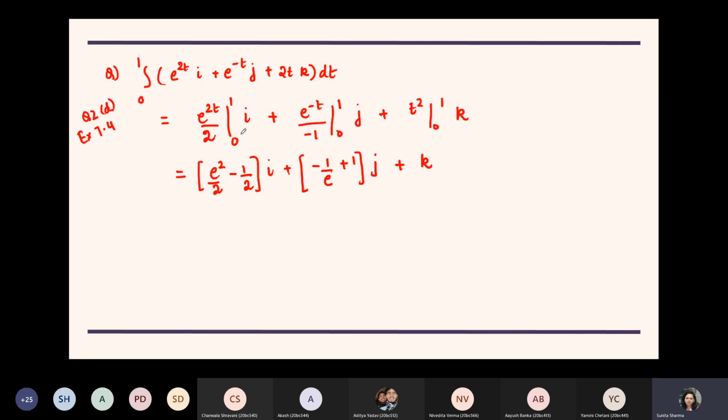Okay. And related to indefinite integrals, you will have questions where either you have a differential equation given which has first derivatives or second derivatives present, and you have to find the value of the original function using some initial conditions. So those are the types of questions. Or you may have the acceleration vector given to you, from which you have to find the position vector. So only for that purpose,